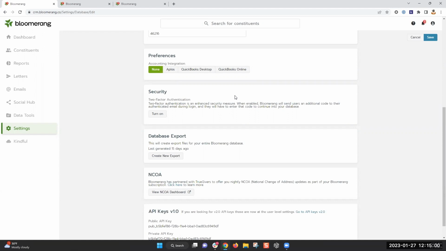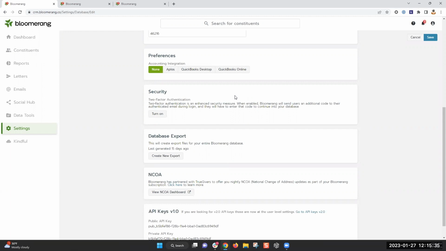When you think about two-factor authentication, think about a user or a person needs to have two things in order to log into your database. The first is something they know. That would be their password. And the second one is something that they have or have access to. So in this case, it would be email. So it's not enough, for example, for someone to know the password. Let's say somebody hacks or guesses my password. They still need my email to be able to enter that code to get into your database.